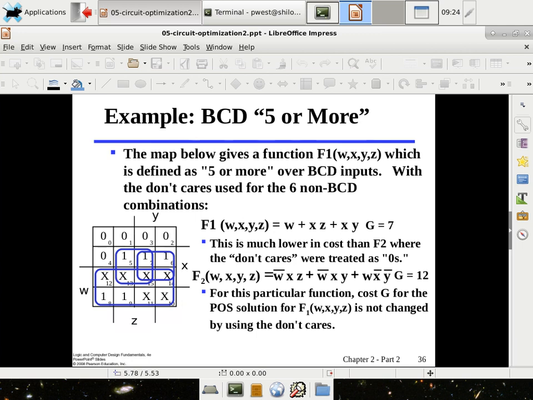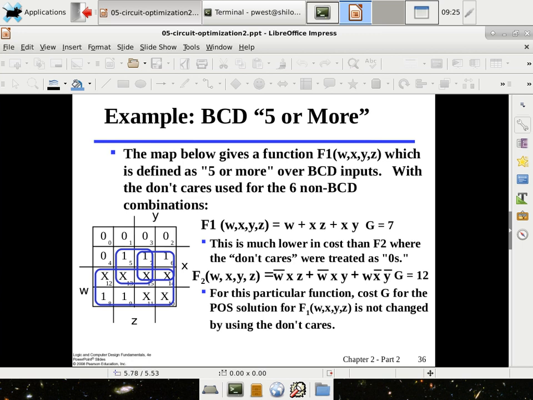So for example, if you only need these ones, and these X's may not occur, and that might be from certain analysis. You can tell from previous circuits that these values just aren't going to come into it. You do a complex analysis and find that out. Then you can put X's right here, which means that if you're in this one, you could grow it to 2, but since you have 2 X's up here, you can grow it up, and you have 4 X's over there, you can grow it even bigger. This is handy because